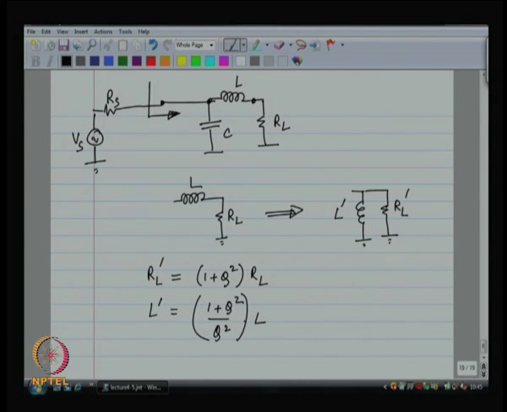All right. So, this was exactly the opposite of the old expressions. I do not need to rewind all the way to the previous class to figure this out. The easy way to remember these expressions is as follows. The inductor value is hardly going to change. So, it is going to be 1 plus Q squared by Q squared, or it is going to be Q squared by 1 plus Q squared,